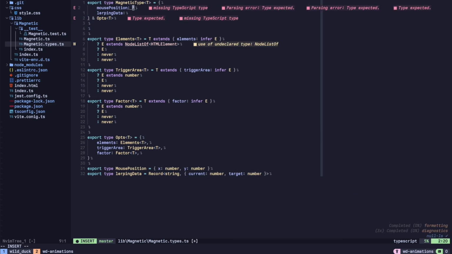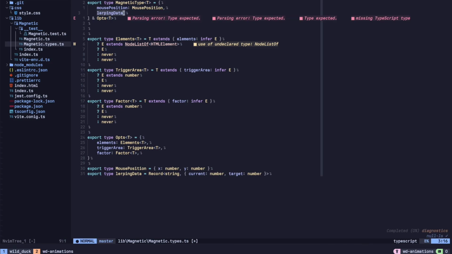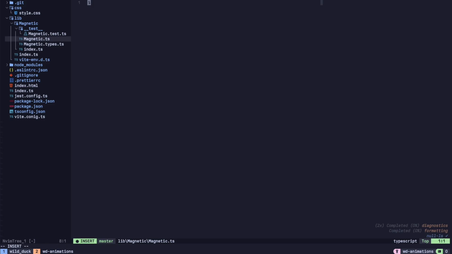So we're going to use the mouse position and the lerping data, and we're good to go. Now the type system is done right here. Okay, now the type system is done. So let's create the class itself right here. So export